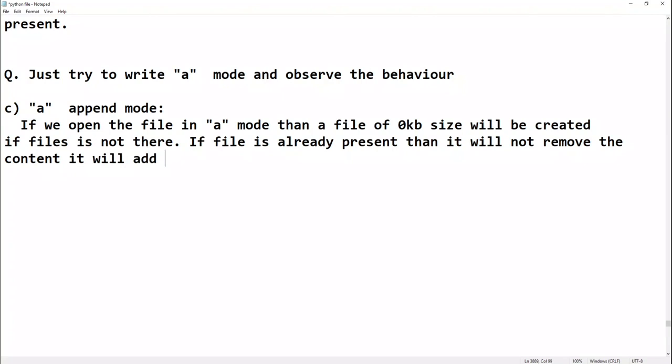It will add the content after the end of the file. This is the meaning of appending. Suppose you have 500 student records already stored there, and you want to store 20 records of new students. Of course, after the 500 records, the new records will be stored.